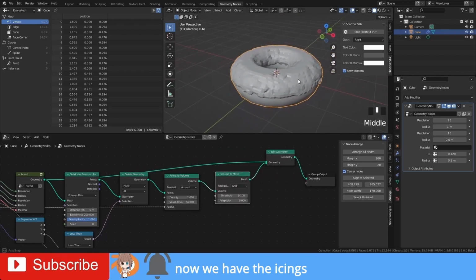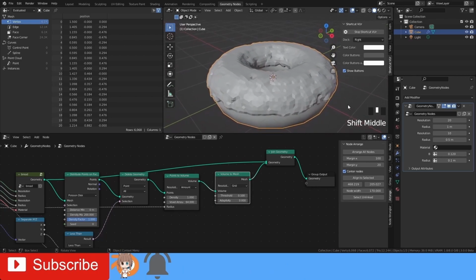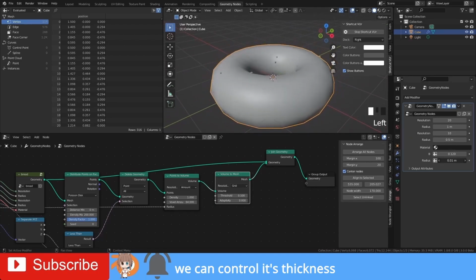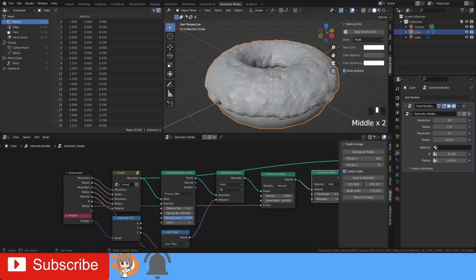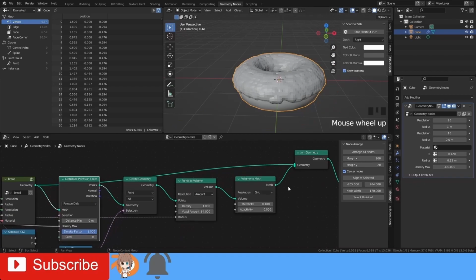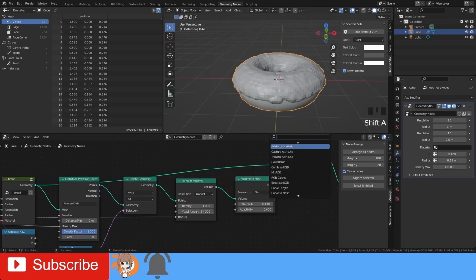There we go, we have our icing. You can control its thickness.